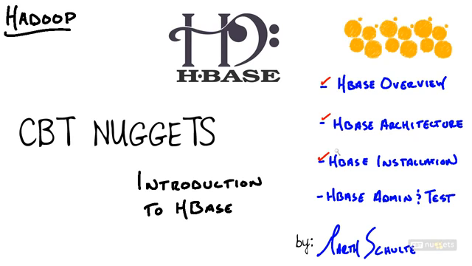Much like Hadoop, you can install HBase in standalone mode, where it runs on the local file system, everything in one JVM. You can install it in pseudo-distributed mode, which is pretty much distributed mode, just running on a single machine. And then you can run in fully distributed mode, which is just like Hadoop, everything running on its own node under its own daemon. So in this nugget, I spun up a new machine called HNHB Master, Hadoop Nugget HBase Master. And we're going to use that for a pseudo